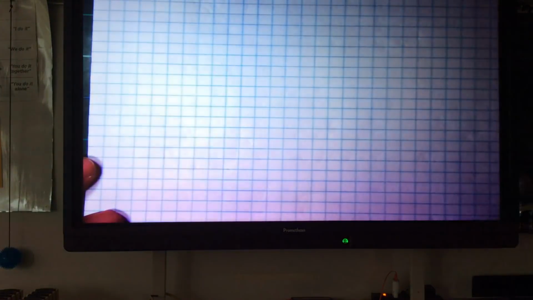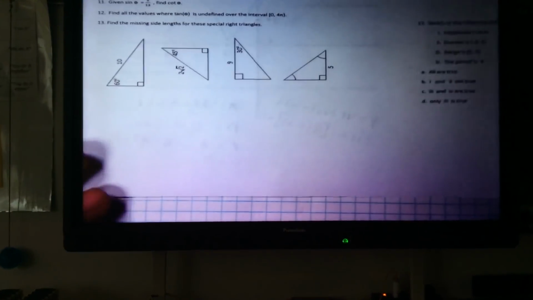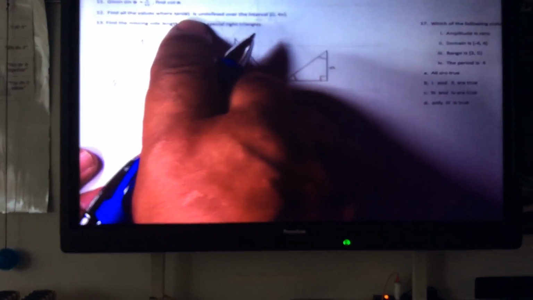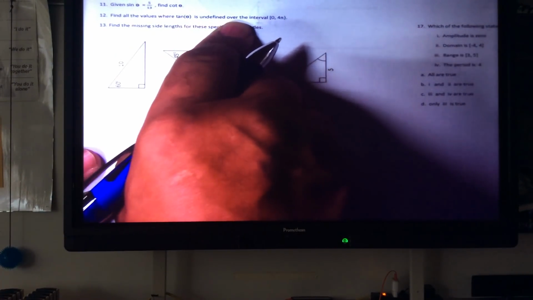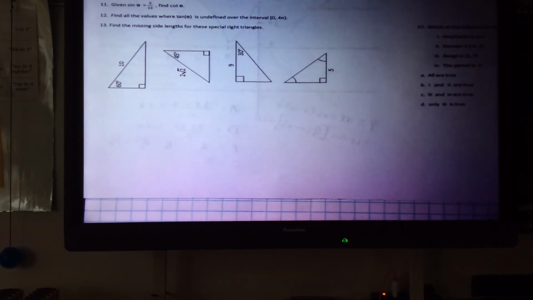Okay, number 12. We want to find all the values where the tan of theta is undefined over the interval of 0 to 4 pi. Now remember, one circle is 0 to 2 pi, so we're going around the circle twice, which means we're going to get 4 answers. So for number 12, we have to analyze this a little bit. The tan of theta is equal to y divided by x. Now, the other day when we were talking about the first commandment of mathematics, one of the things we,